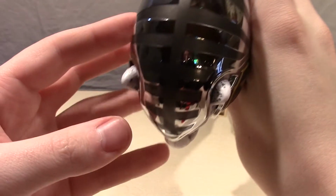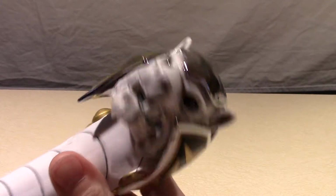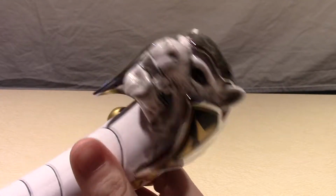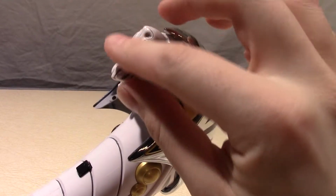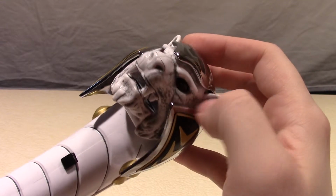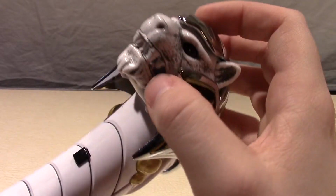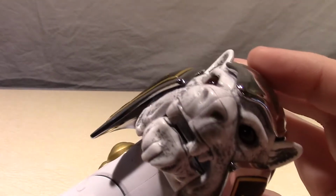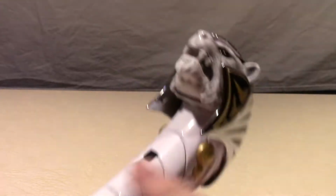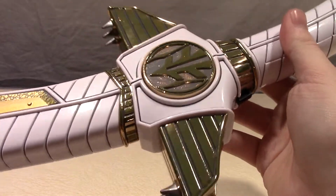Just gorgeous. If you take a look at the top of it, where it follows up to his face, then actual Saba head. This is going to be difficult to get in shot. Going to be a lot of angles here, and I apologize. All of this is just painted so gorgeously. The ears, the inside of the ears, his face, the eyes, even when they're not lit up, look perfect. You can see the inside of the mouth, maybe. That's all painted. Now, this is the opposite side where...